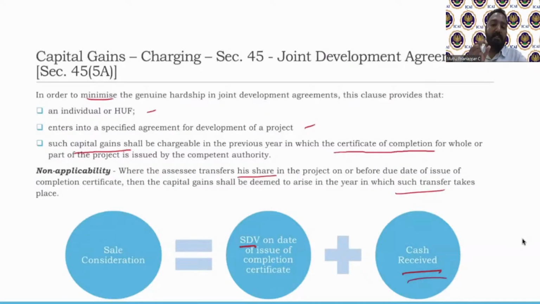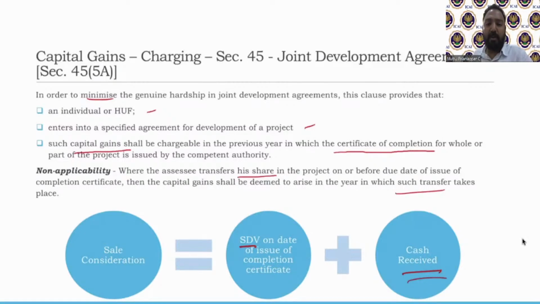So what did we discuss in section 45? We said section 45 is a charging section for capital gain. It will be taxed in the previous year in which the asset is transferred. But there are some exceptions to it. For example, insurance, where it is taxed in the year of receipt based on the fair market value of the money received. And similarly, for stock in trade, it will be recognized in the year in which the asset is finally sold. The PGBP will be recognized in the year of sale of stock. So partly capital gain till the date of conversion, then it is PGBP.